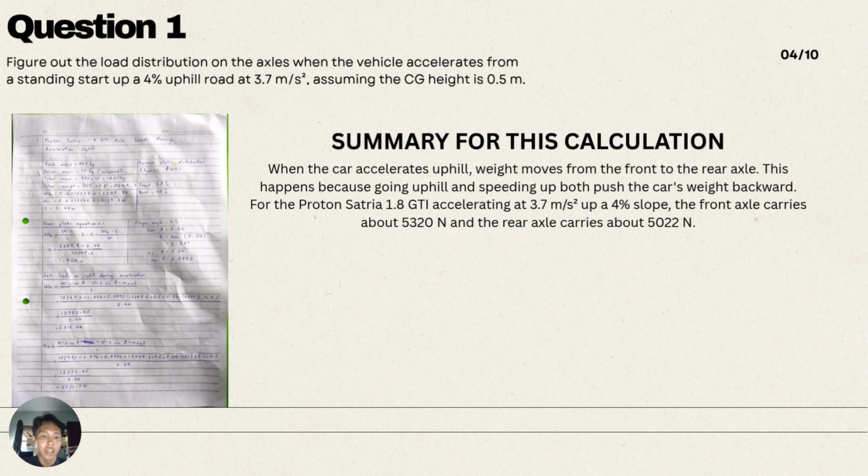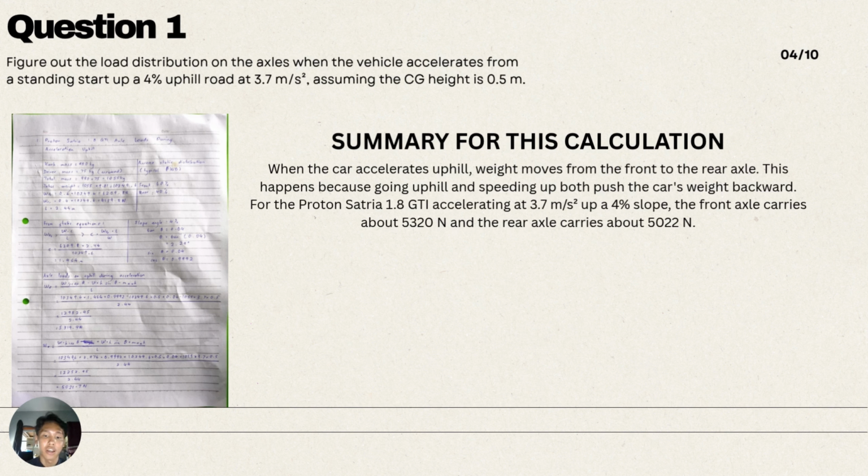So we use W times C times cos, minus W times H times sin, minus M times Ax times H. Here we got the answer, which is 5,319.9 Newton. We do the same for the rear axle load, just changing C to B, and we got the answer, which is